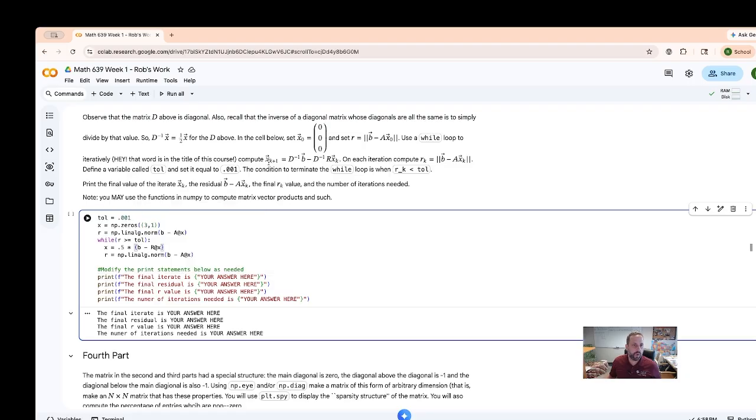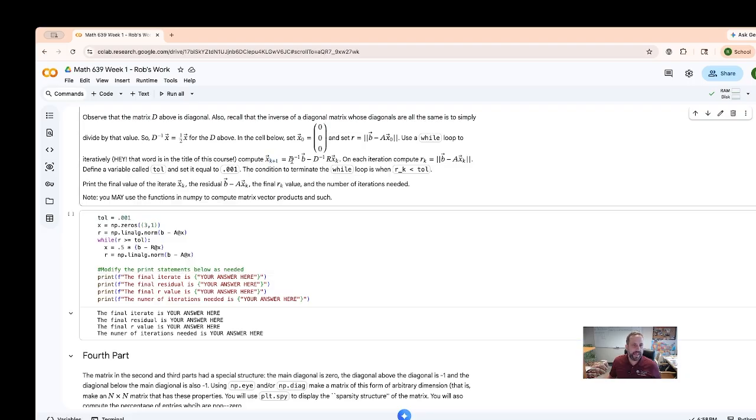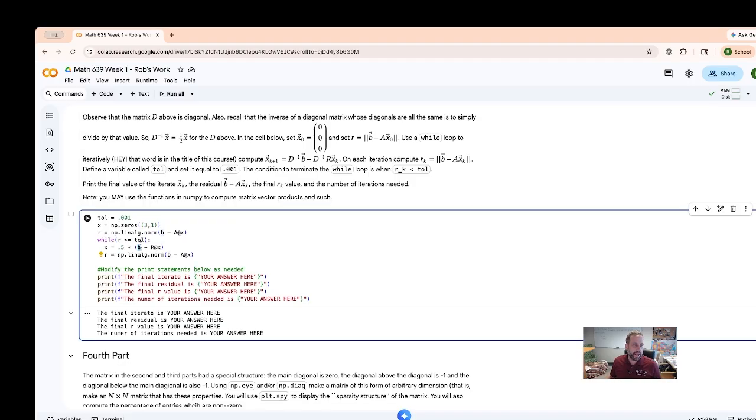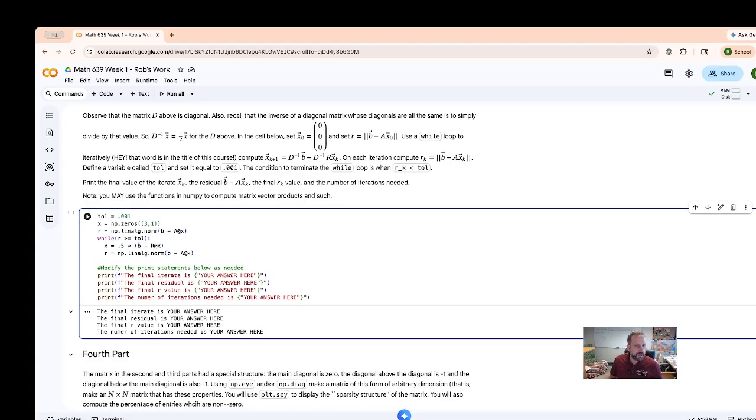So x_{k+1}, that is the new value of x, is going to be equal to D inverse b minus D inverse times Rx, and that's exactly what we have here. This is the D inverse, and now we have b minus Rx. Okay, so the final iterate, we're going to put x here. The final residual, sorry, no, the final r value is r. The final residual